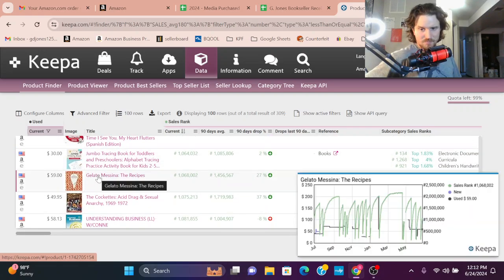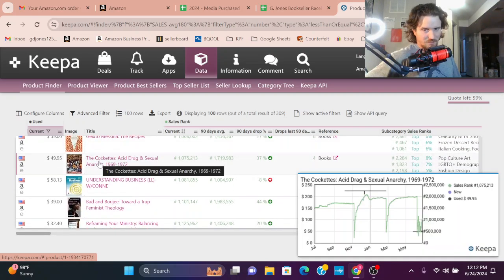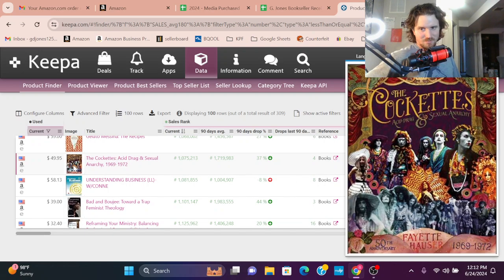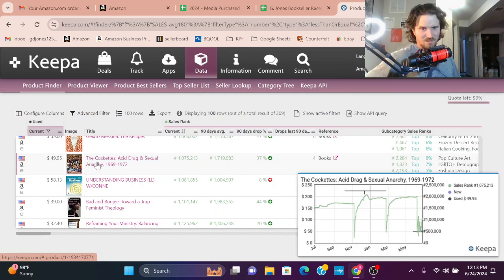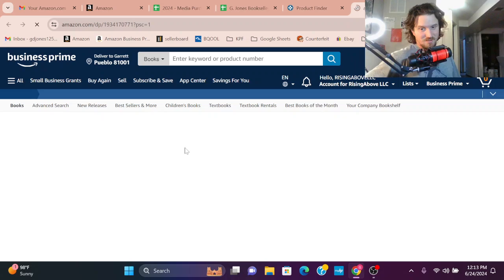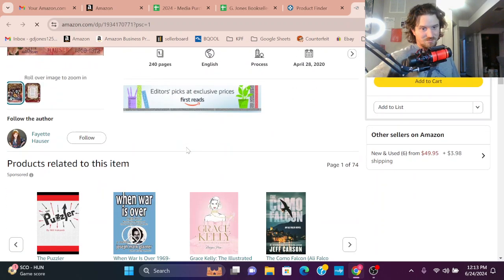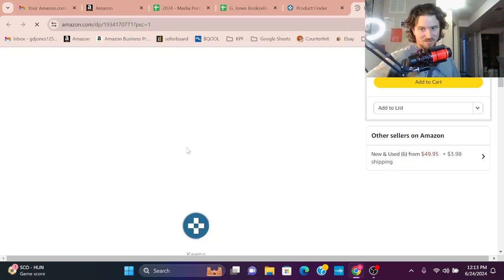Yeah. And right now I'm just kind of checking everything out to see if I can find something that's really promising and well underneath its value. Like this one, acid drag. Whoa. Let's see here. So it's at 50, and it looks like it's sold for in the over 200s before. I'm kind of scared to click on this. I don't want to go too deep into this, but